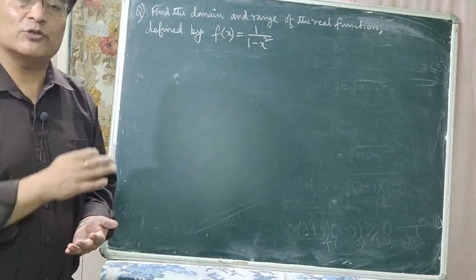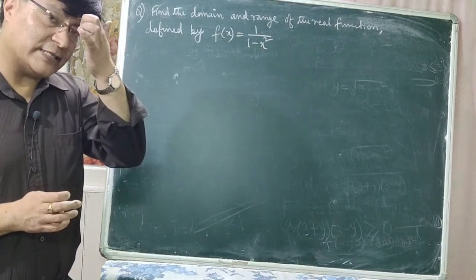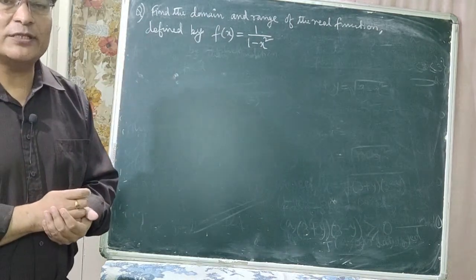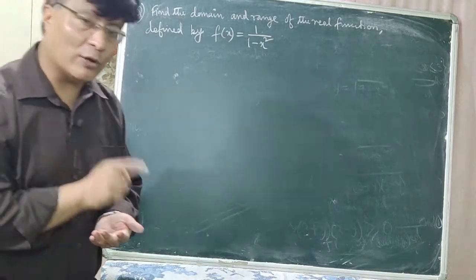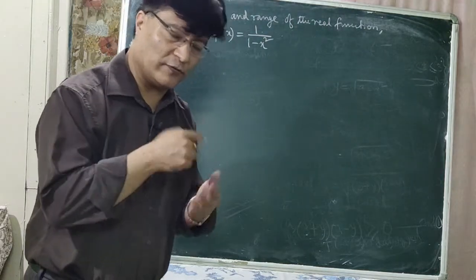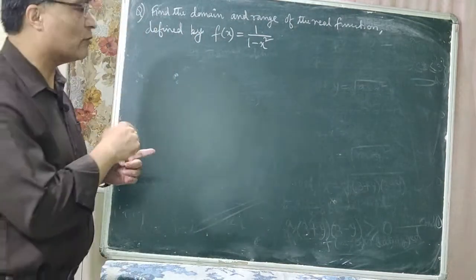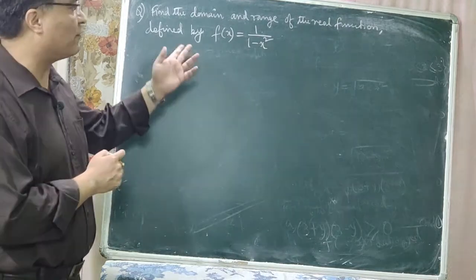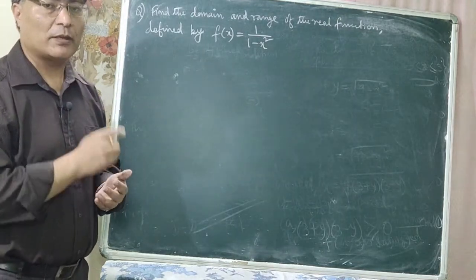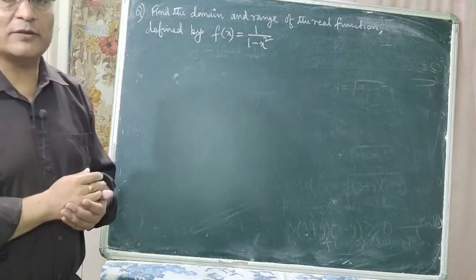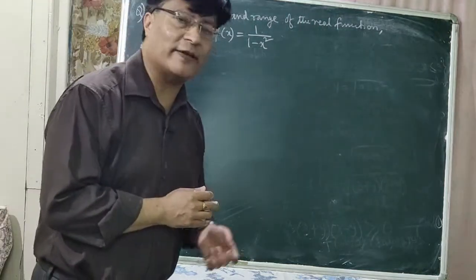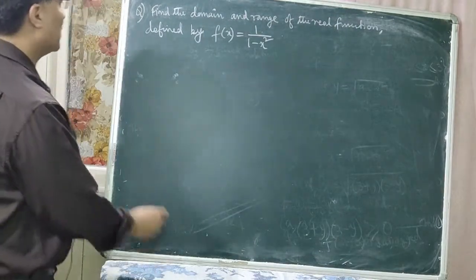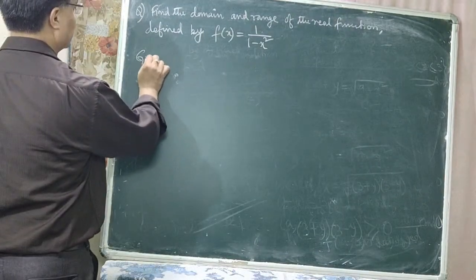You have to find out those values of x for which f of x is defined. In order to find out the domain, you have to find out those values of x for which f of x is defined. In order to find out the range of the function, you have to find out those values of f of x for which x is defined. Okay, so now here given is